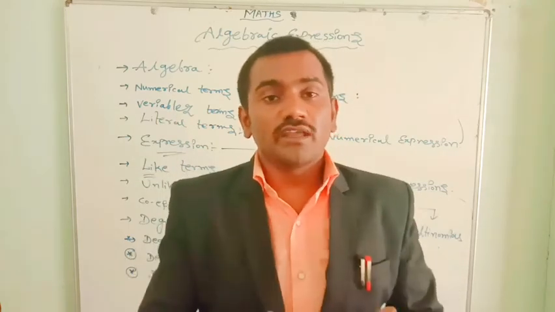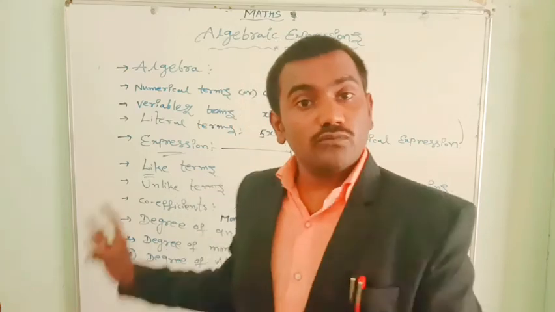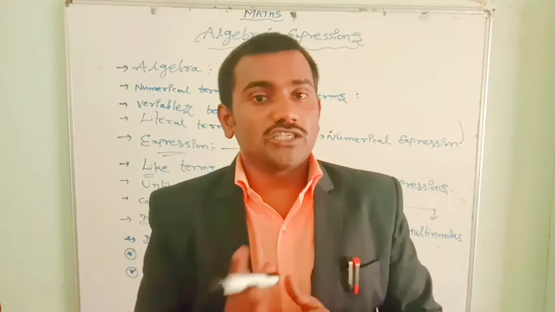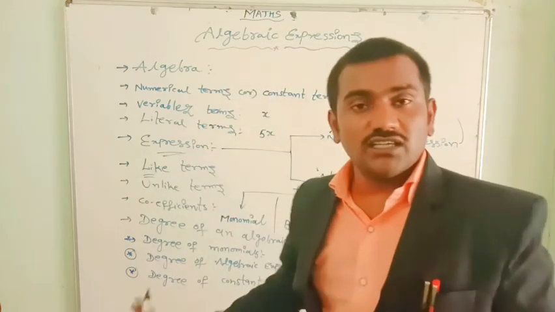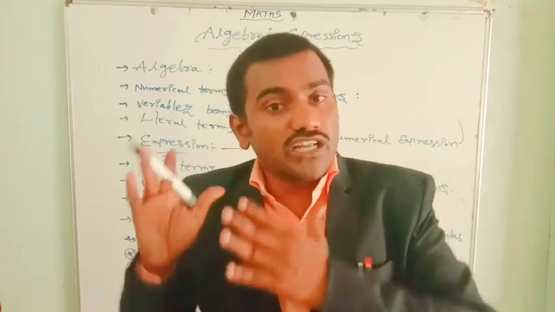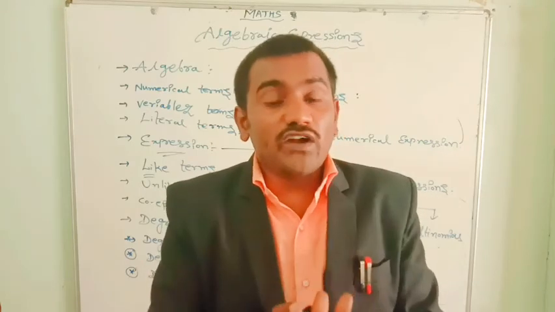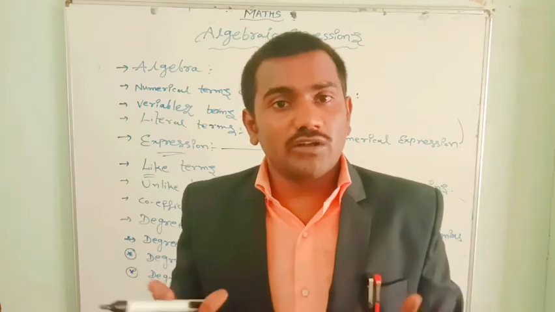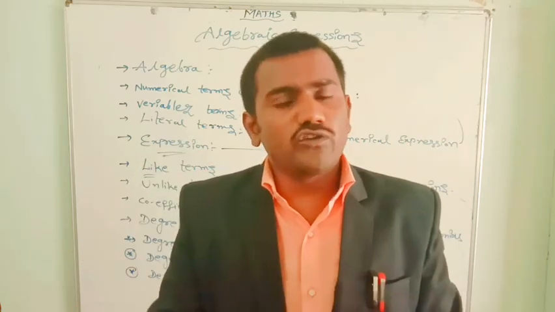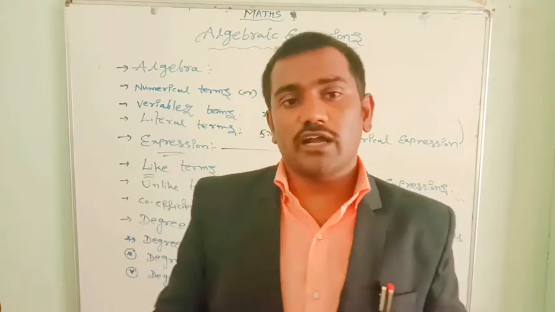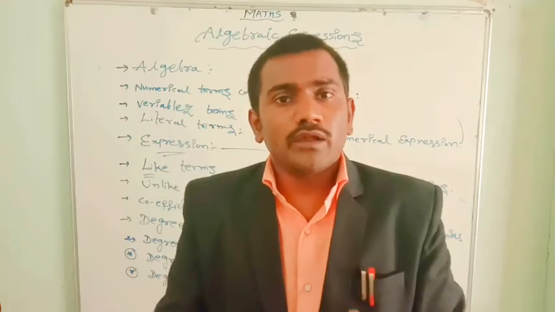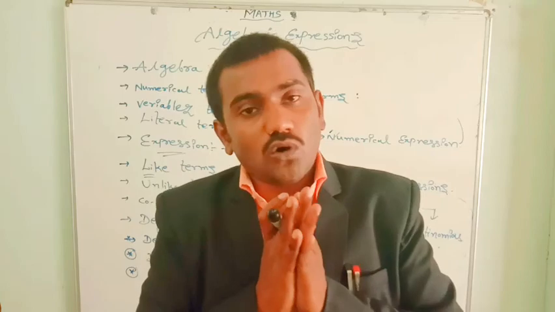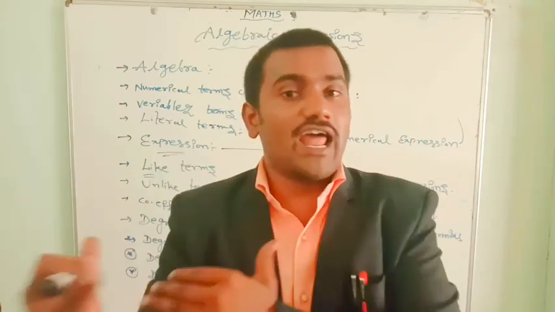That we will learn in our next video. Till that time, you must know this complete information. Just go through your textbook, write all these definitions once again and go through them. Then you will be perfect in algebra. A lot of children feel it is difficult to do algebra and get confused, but there is no need to be confused. It is a very easy topic. Once you go through it slowly, step by step in this way, we can solve the problems very easily. We can remember it for a lifetime.